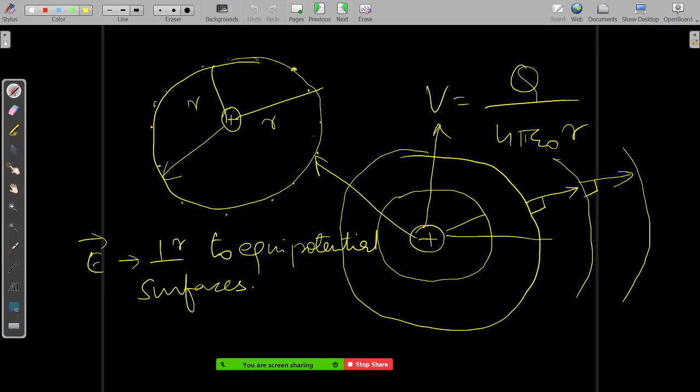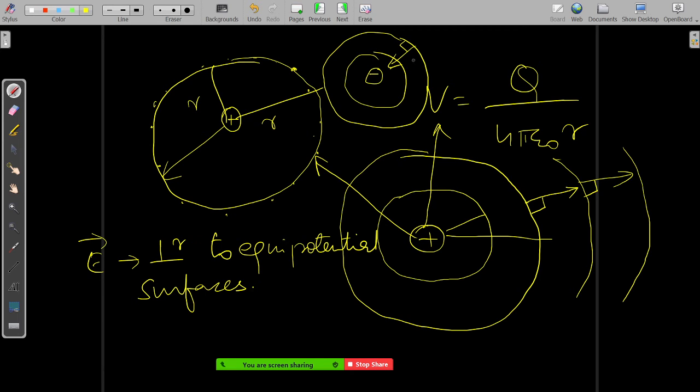But what if this is a negative charge? It won't be considered, right? So it has to be a test charge. No, like instead of the positive charge, if it's a negative charge, it's directed inwards, right? Yeah, it is directed inwards, but in that case, again it will be equipotential surfaces only, no? See, if it is a negative charge, there is an equipotential surface around it. The electric field will be again perpendicular only, no? Inwards towards the negative charge, but it will be perpendicular to the surface still.